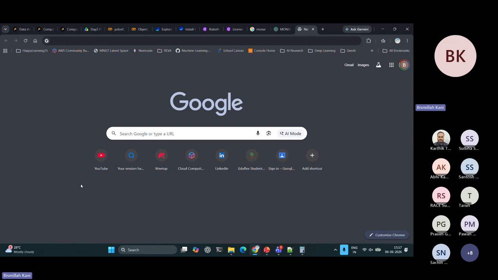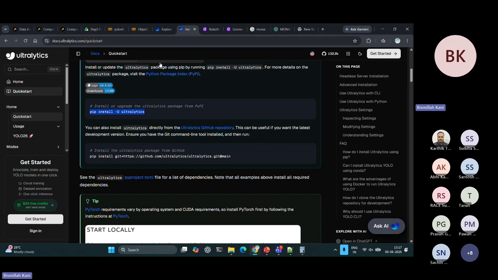Yeah, so that is why we need to export that model into that CPU environment. So here also,